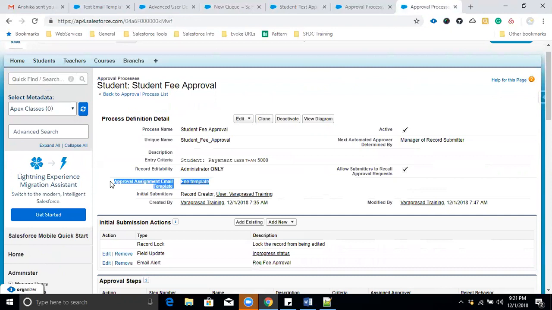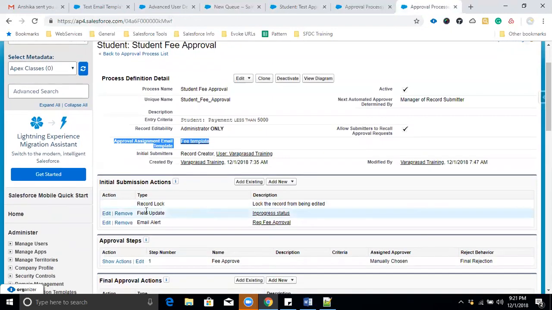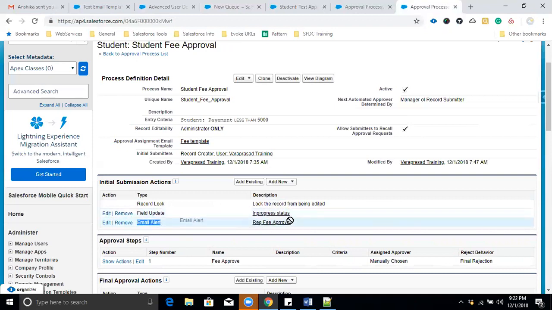Yeah, in the approval assign email template, we have set it 2 times, so that's the reason. In the template also you have selected my name. Over there also you selected the same user. Actually, I've selected this email template 2 times now, in the process definition and here. So that's the reason you are receiving this email 2 times.